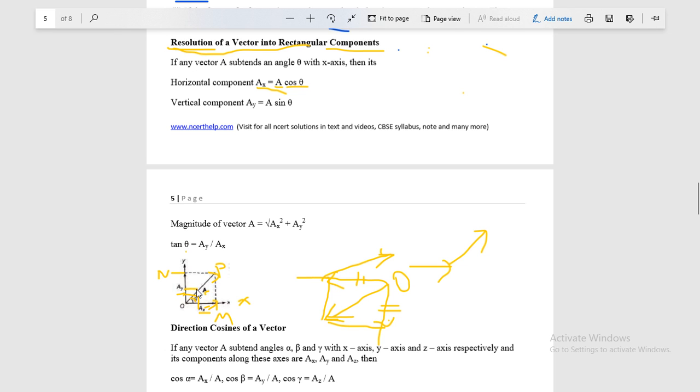Okay, so if this angle is 90 minus theta, you can use this 90 minus theta for this triangle ONP. Okay, so cos 90 minus theta is equal to sin theta. Or you can use this angle is equal to this one. So you can write here cos